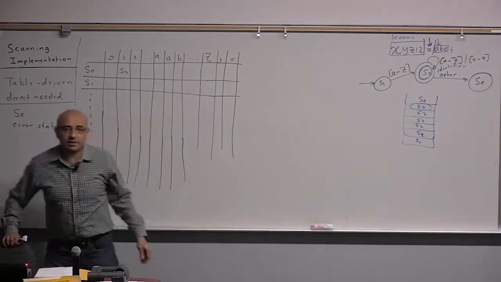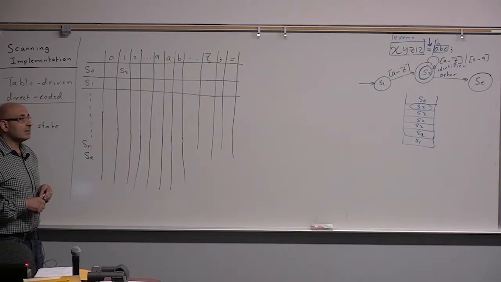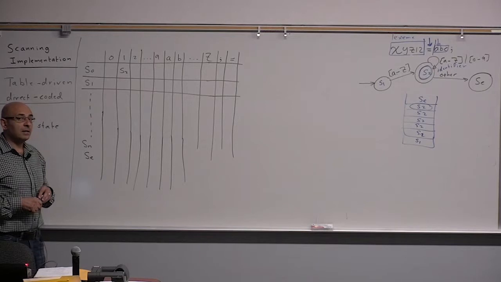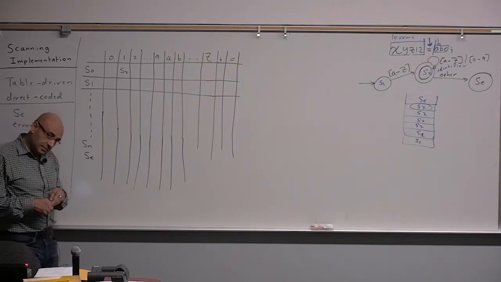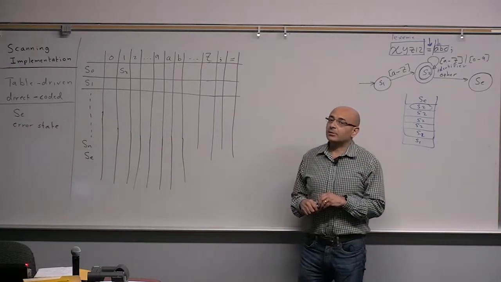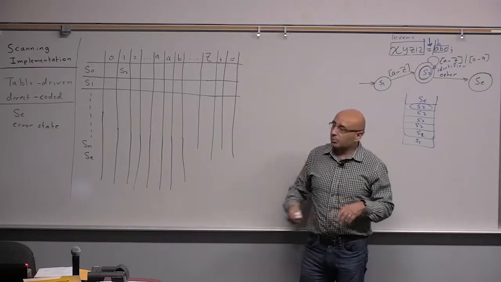So what do you think the redundancy will be? Can you detect the redundancy in this table, or something that is taking unnecessarily more space than it should? Imagine in all the states, all the numbers would have the same destination states. So maybe you could just have one column for all the numbers. Yeah. So all the numbers will be treated equally in most cases, and we will detect this by looking at